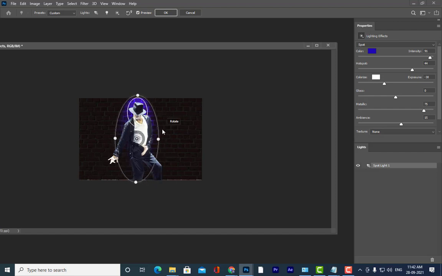See, we can move it like this. See, change the angle here. We can rotate it. Are you all able to understand?